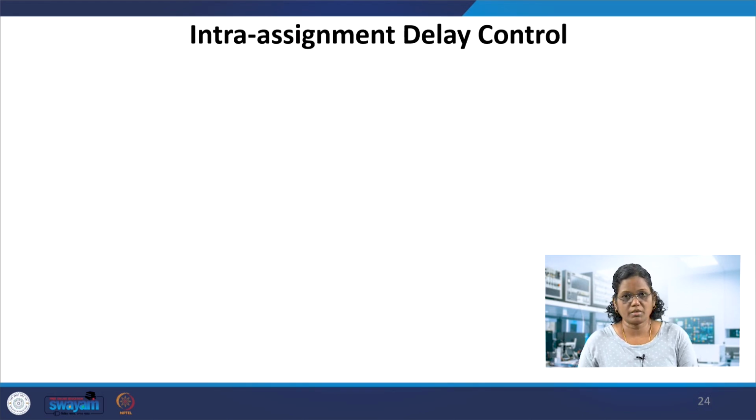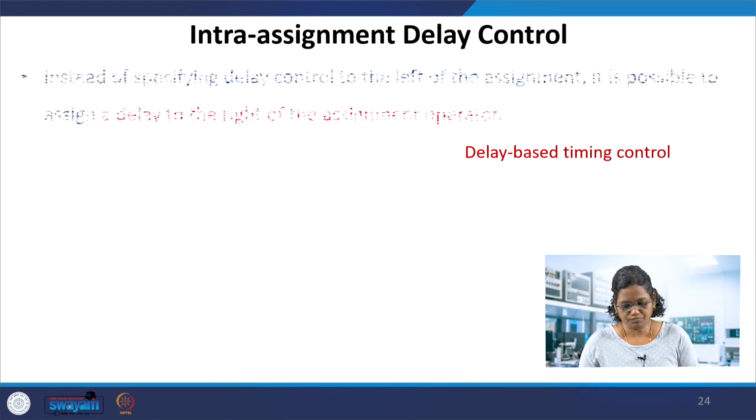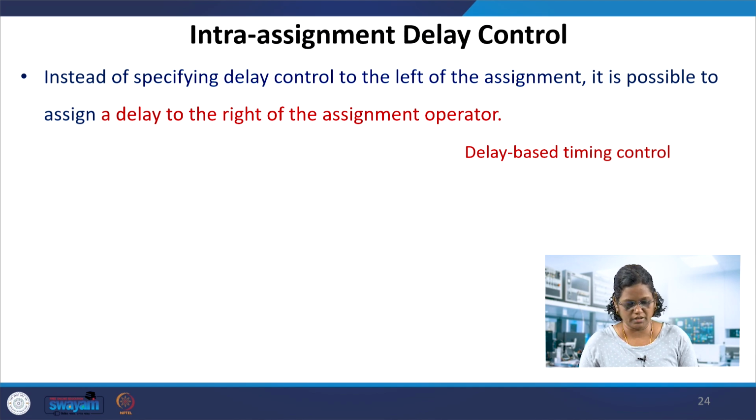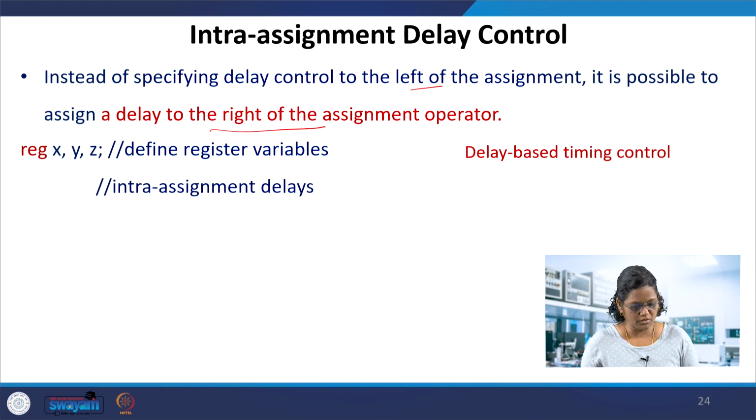Next, the intra assignment delay control, instead of the regular one. Instead of specifying the delay on the left hand side as in the regular delay control, it is specified on the right hand side of the assignment operator. For example, we have x, y, z, begin, x equal to 0.